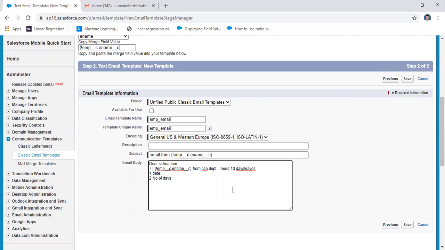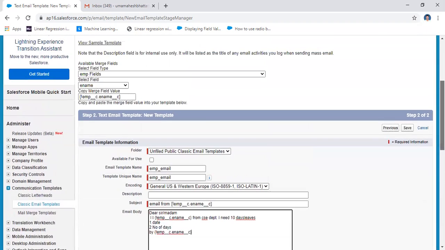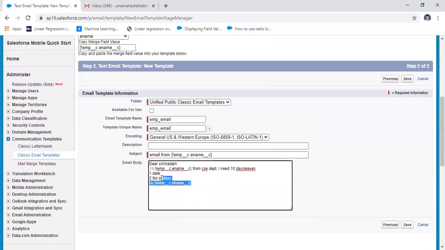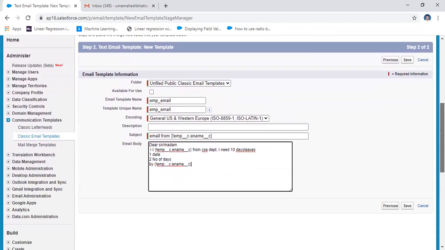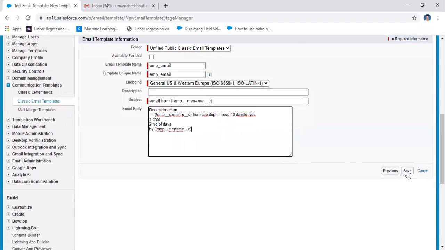Here, by the name, you may write the name of the particular person, and this is a format. This format sends to a different person. That means not like this; you may prepare your own way, a number of ways. This is a simple format of text to email representation, and then save it here.